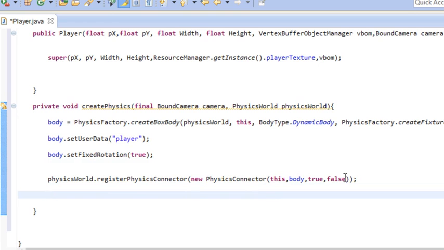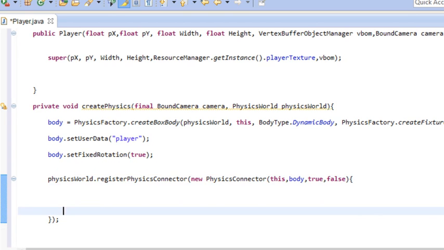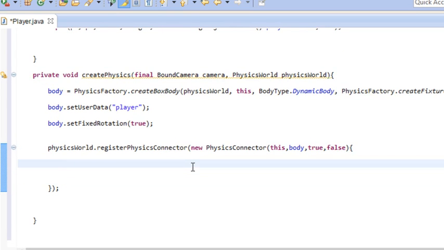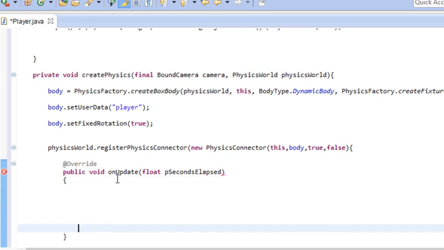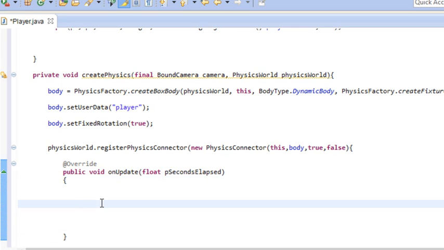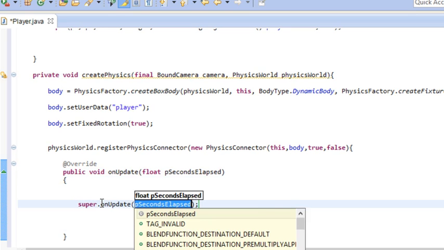And actually we need to do something here. We need to add a bracket right there and enter, and we have some work to do in here. So we need to add an update handler. So do @Override, and I want to do public void onUpdate(float pSecondsElapsed), like that. And inside of here, you want to do super.onUpdate and pass it those seconds right there,